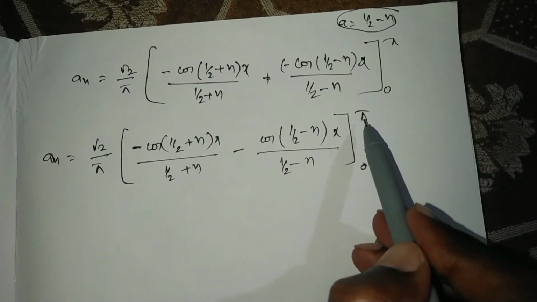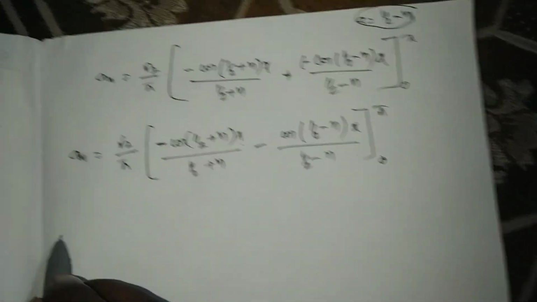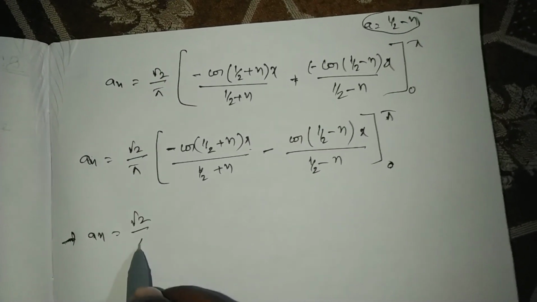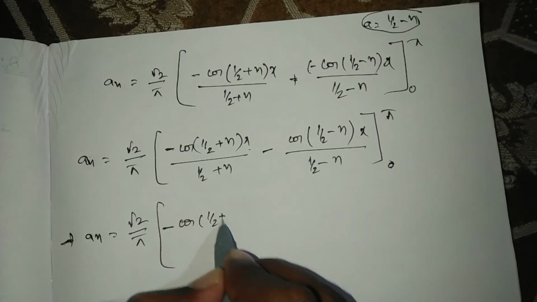Now substitute the upper limit in the x place minus the lower limit in the x place. Then aₙ is equal to √2/π times −cos of (1/2 + n)